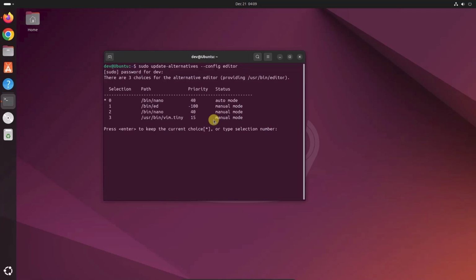Then enter your password. Now after you press enter, you will see a menu with a list of installed text editors like Nano, Vim, and maybe others. So look at the list. You'll see a column of selection, path, and priority. Find the line that says